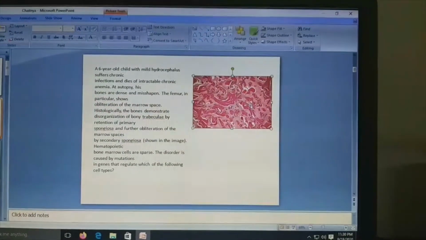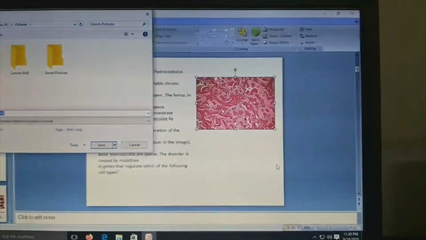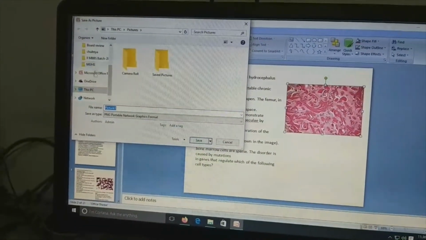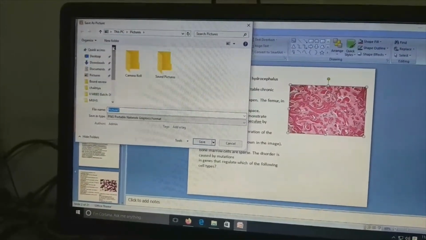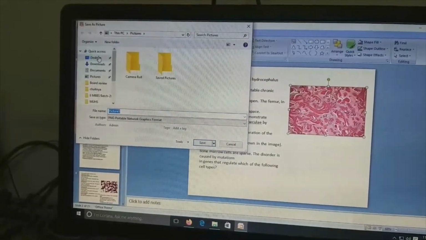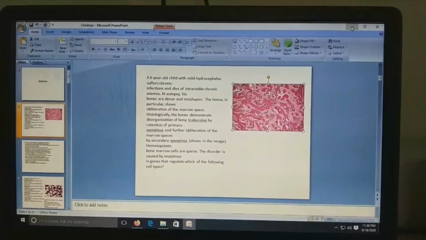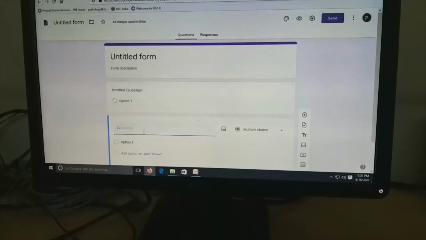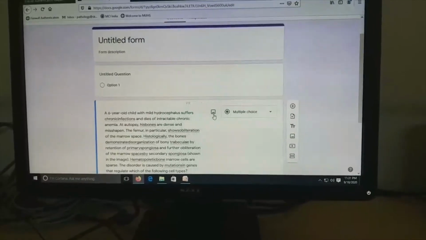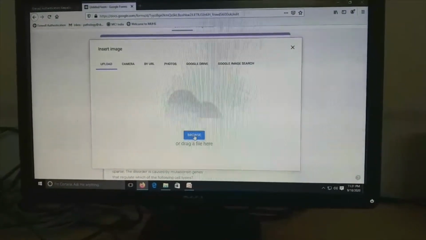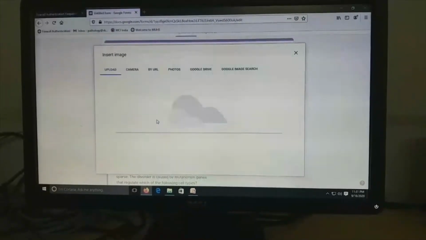So if you have an image in your PPT already, you just save it as a picture on your desktop, okay. Now after saving the image on the desktop, like this I am doing over here, it will be on our desktop and ready to be uploaded on the Google form. Now after saving this, come to your Google form again, and you can see here that the image option is there after every question. So you click on this image option. Now it will direct you to the browse option. Now browse this image already saved on the desktop. Open that image, and now the image will be uploaded.